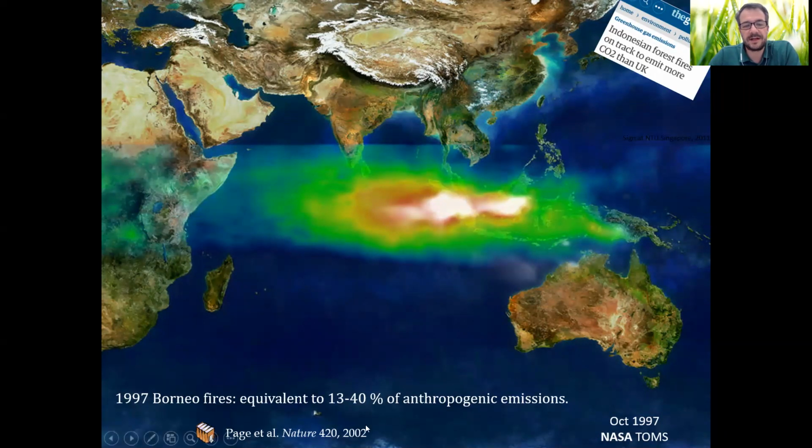She published this famous paper in Nature in 2002, where she says it is between 13 and 40% of the carbon emissions by humans and not accounted for. Since 2002, we know that the actual emissions were much closer to 13 than to 40, but it doesn't matter. 13% of the carbon emissions of humanity is more than all the cars in the world, or more than the whole of the European Union. And that was just this one fire season in Indonesia in 1997. Since then, we know that every 3 years, Indonesia and Malaysia have a big wildfire phenomenon.